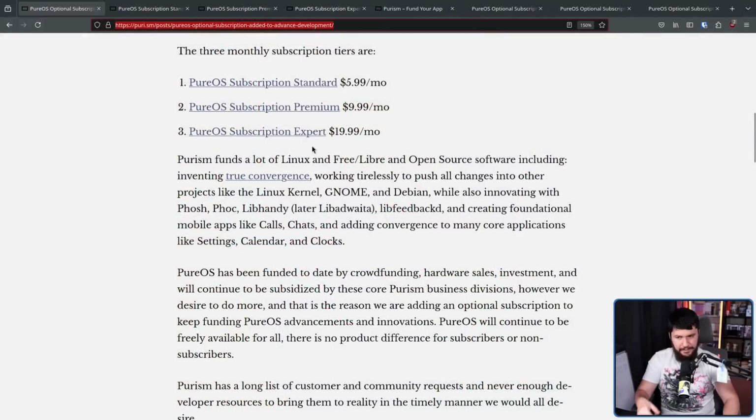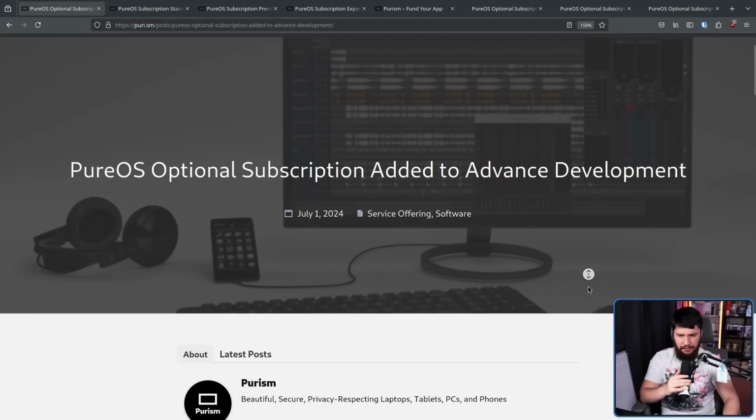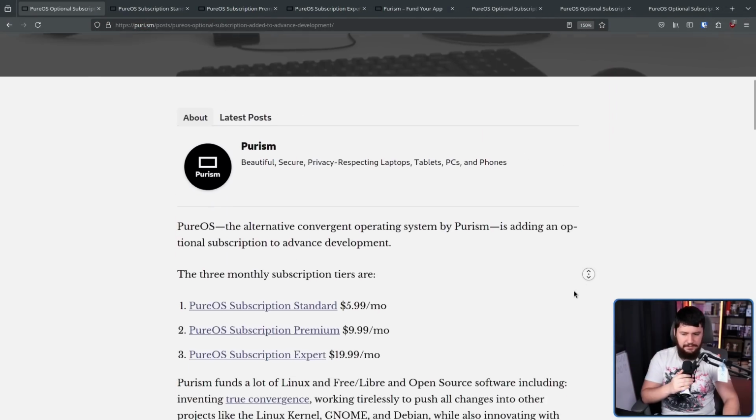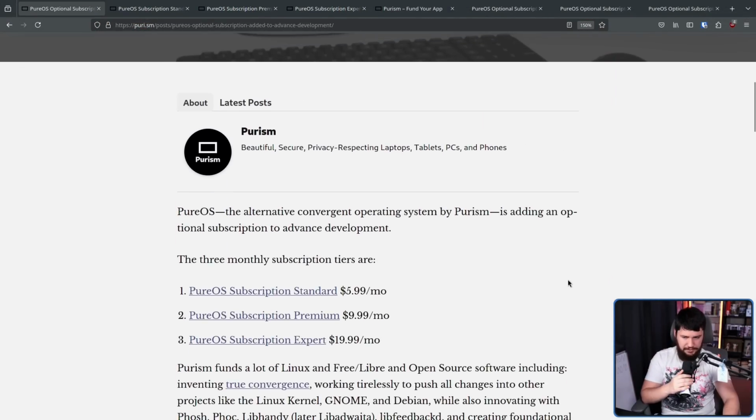I don't know long run how this model is going to go for them. They're just trying it out as of a couple of weeks ago, but I think it's at least worth exploring to see whether or not people like it. But what do you think? Are you opposed to any sort of subscription model? Do you like the idea of an optional way of doing monthly recurring donations, or would you prefer just to do one-offs here and there? I would love to know.